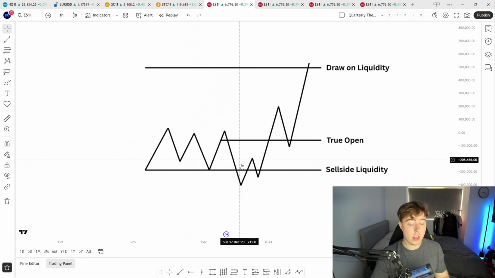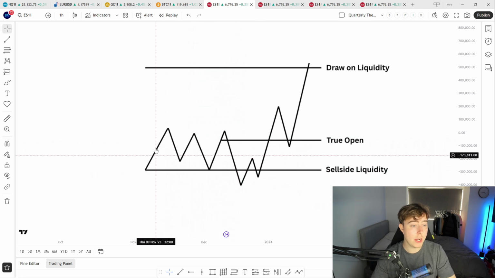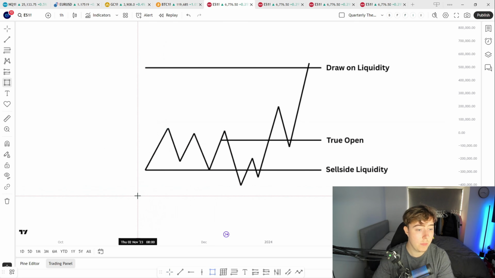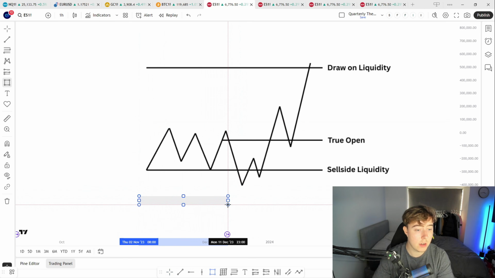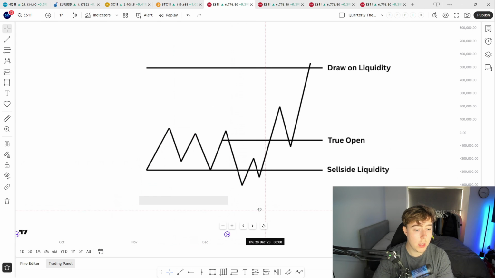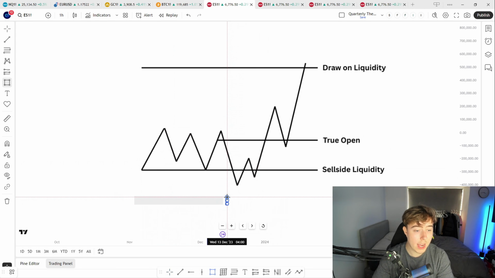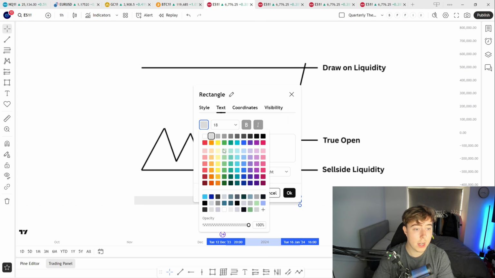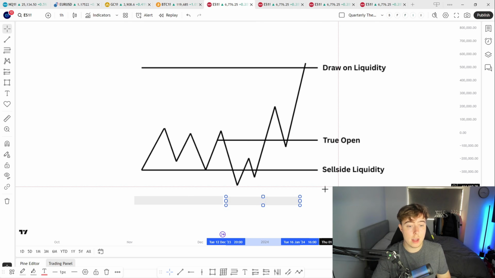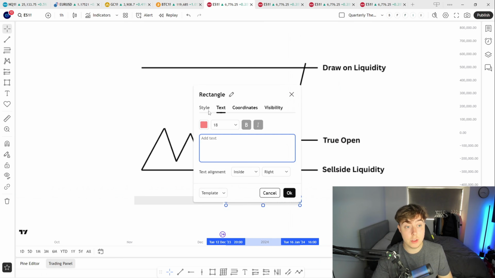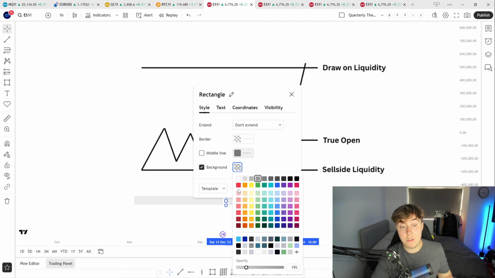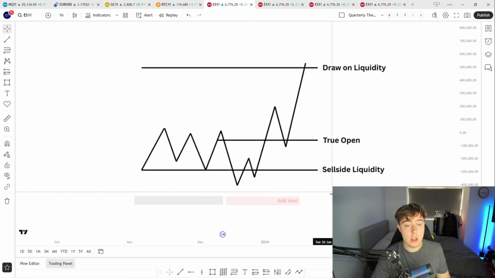Each of these phases of price, let's imagine this is one quarter right here. So let's imagine this is Q1. Accumulation within Q1. Then we have manipulation here occurring within Q2. Like normal, this is what we'd expect within a cycle: some form of accumulation, followed by manipulation, and I've done that wrong, that's not the text. So followed by manipulation, and then we'd expect some form of distribution after,